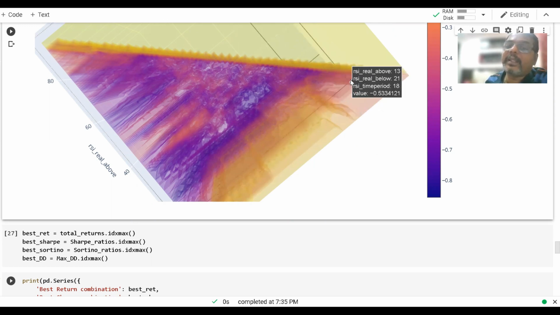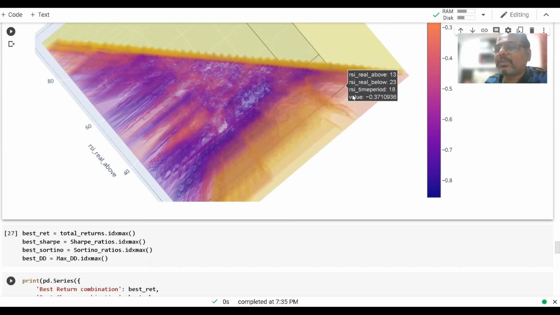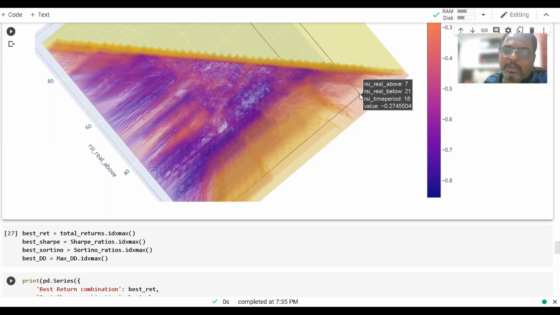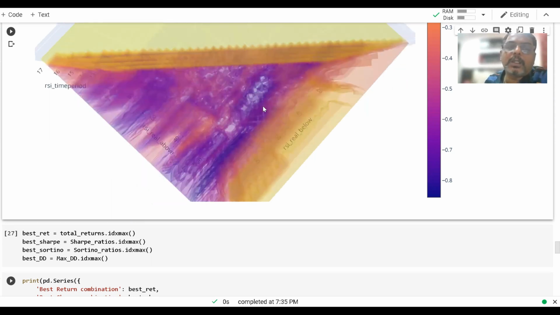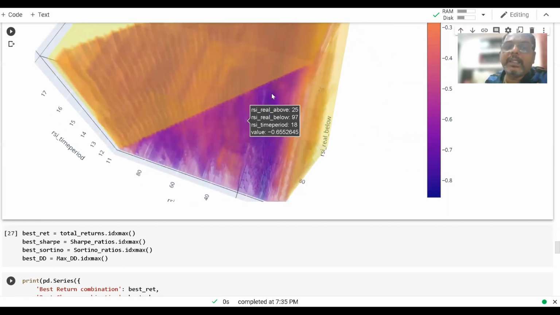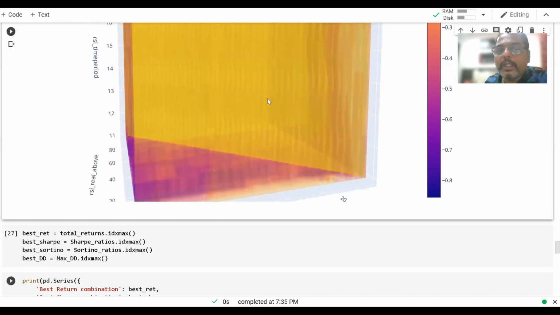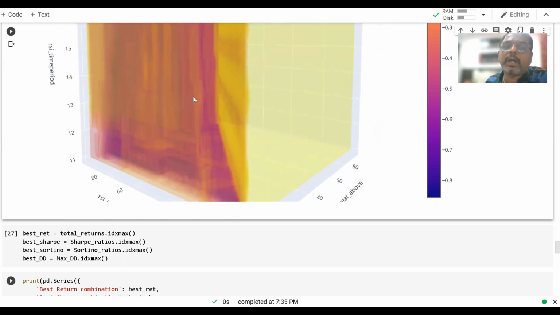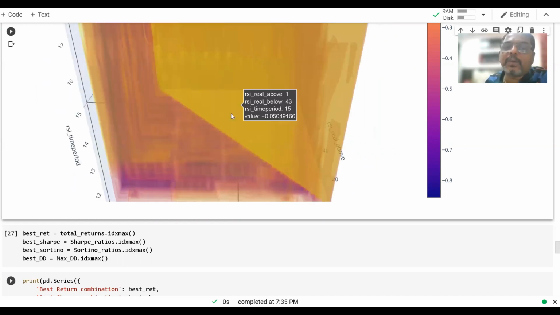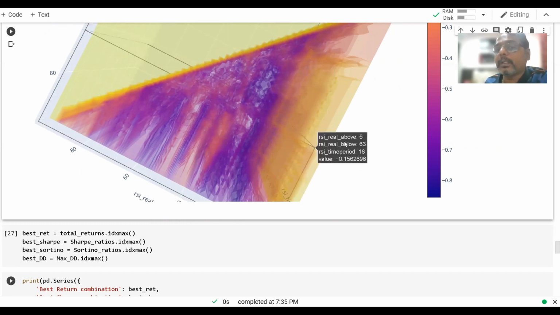So maybe this is an area one may want to look at, but this will have very small trades and short trades, and maybe it depends on the kind of trader one is. But the idea here is that with RSI, I am not very convinced at this point in time after looking at this data, that RSI really is an indicator which could be exploited to make consistent profits.